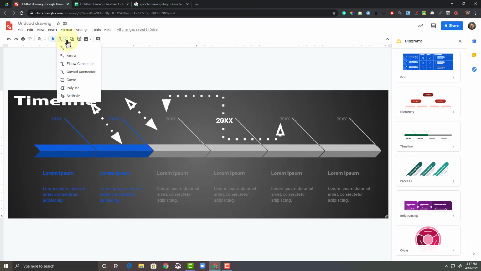The same connectors are also curved, so if I didn't want to use it as an elbow, I want it to be curved, I could do that. You could also do curved lines. I'm just going to draw a straight line, and as soon as I let go of the line, that's where the curve starts, and then I press. Every time I press, it makes the curve. If I double click, then the line ends, and now it's highlighted, and I can make it any color I wish. So there's my curve,